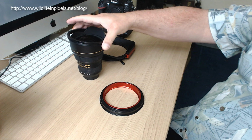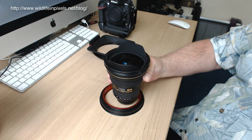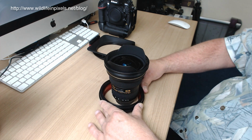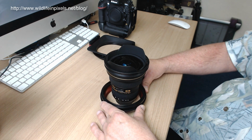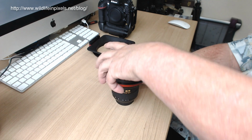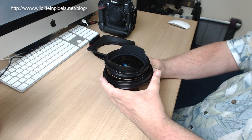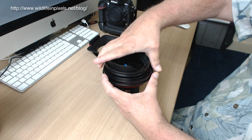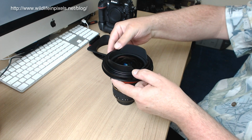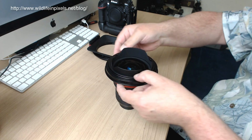So with the front ring located on the lens hood, we'll then stand the lens in the middle of our compression and locking ring assembly, and we just basically lift them together, and it gets rather awkward, this stuff. I'll try and do it so I'm not blocking your view with the camera. This is going to be double awkward for me, because I usually do it the other way around. I don't want to make it look like a very hard job,